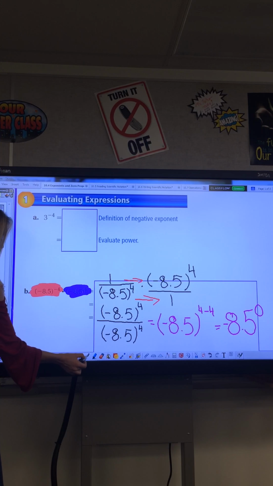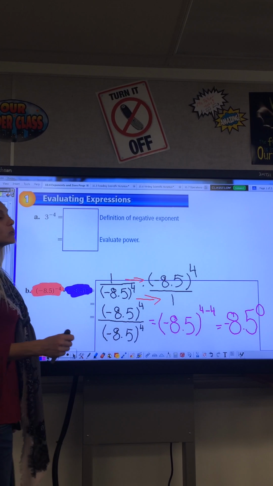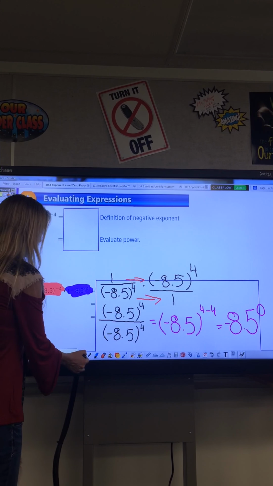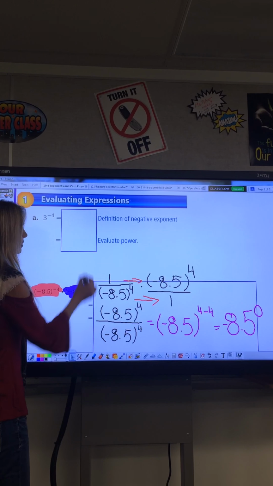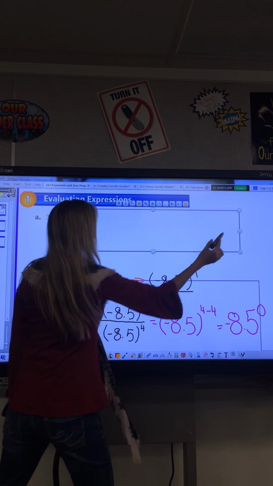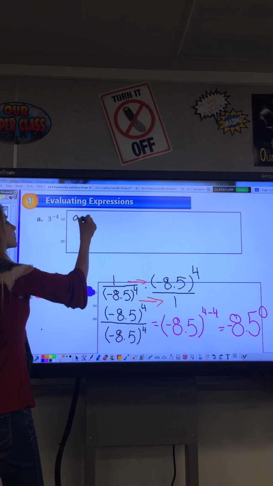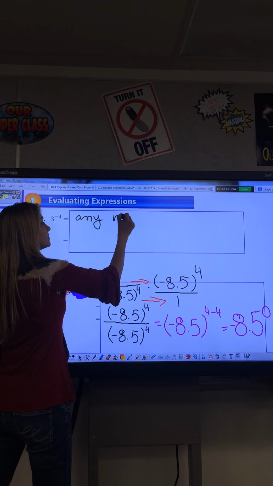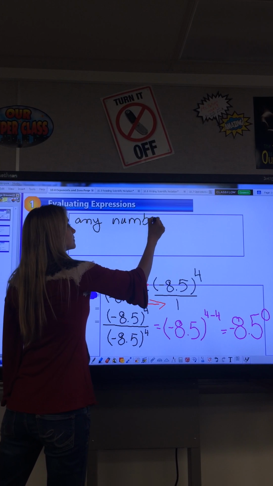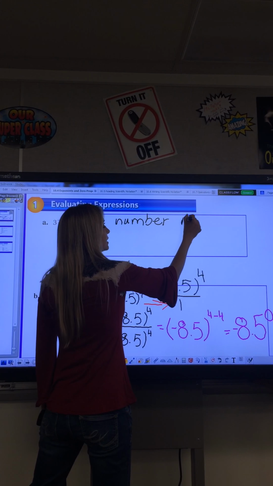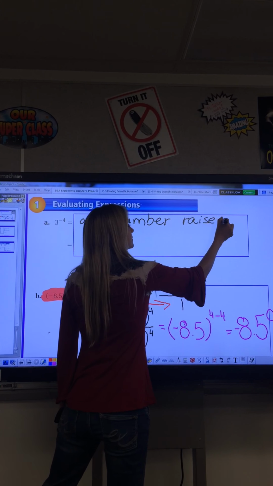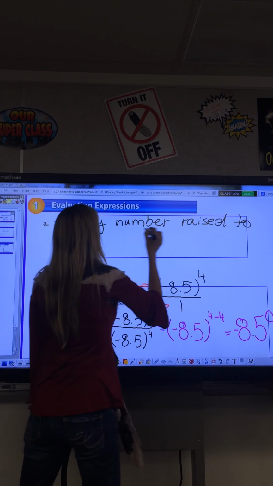Anything raised to the 0 power is equal to 1. Any number that is raised to the 0 power, maybe you want to write it out, any number raised to the 0 power